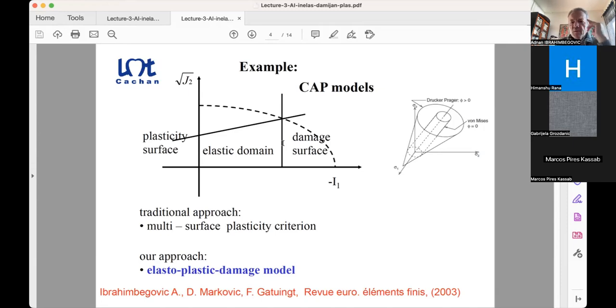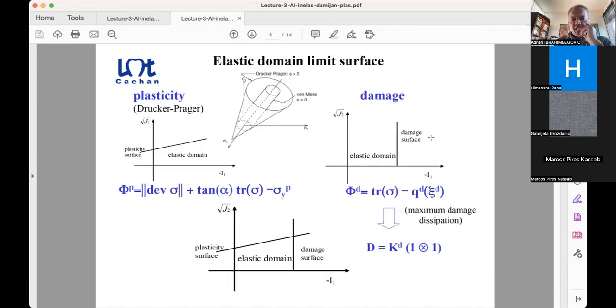Drucker-Prager is illustrated as a cylinder put on top of the hydrostatic axis, being the value of the hydrostatic pressure, which is perpendicular to the deviatoric plane. Drucker-Prager has a cone type of behavior, where it gets bigger and bigger as you go away from the deviatoric plane. So this then allowed us to do